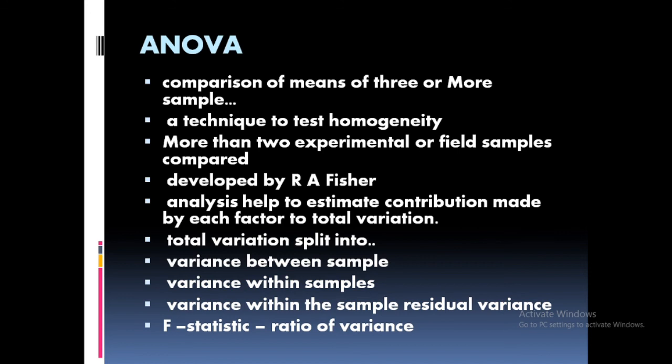Clear? So in the variety A, you will have it in a plot. Then take 2 or 3 or 4 samples from that variety A. Find out the difference. Clear? So variance between sample is significantly greater than variance within the sample. Clear? So samples are drawn from different populations. This is how ANOVA is carried out: variance between sample, variance within the sample. Clear? So variance between samples usually will be significantly greater than variance within the samples.